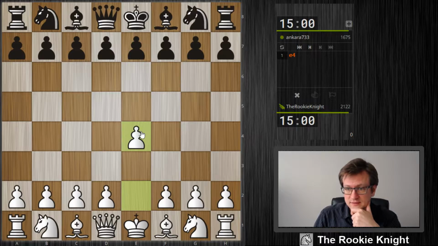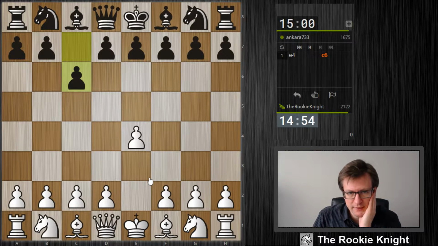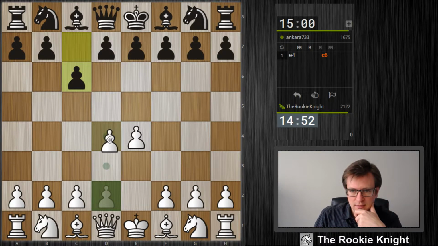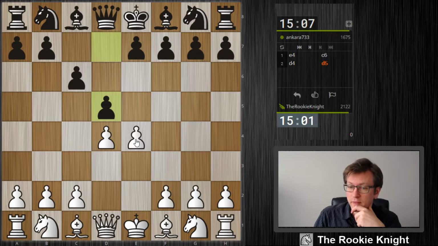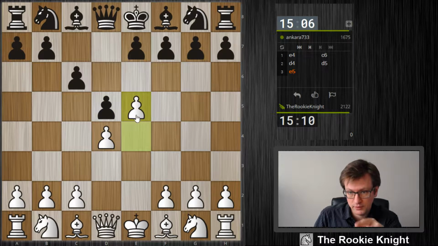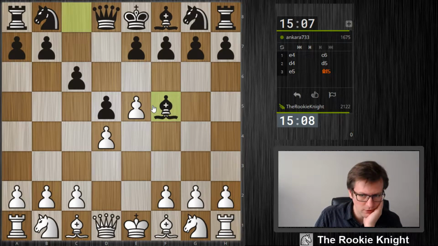We play against Ankara, maybe someone from Turkey. And yeah, I'm pretty excited. We have played like 18 games in the Classical so far. And if I win the next 2 games, including this one, we have a row of 20 wins. 20 wins in a row. And this would be very nice. So let's see if this works in the